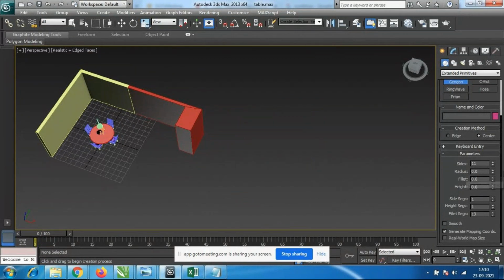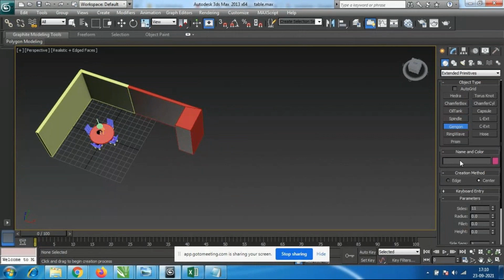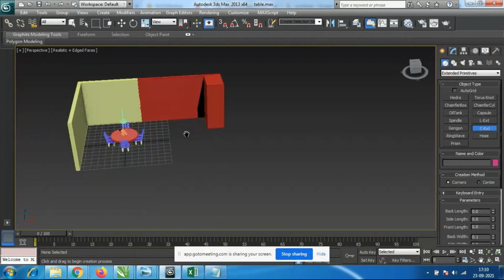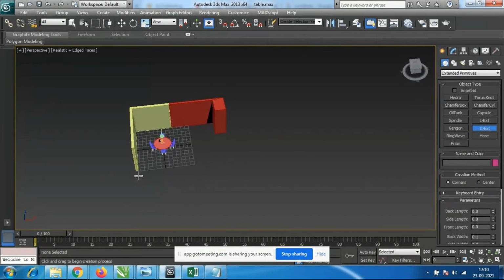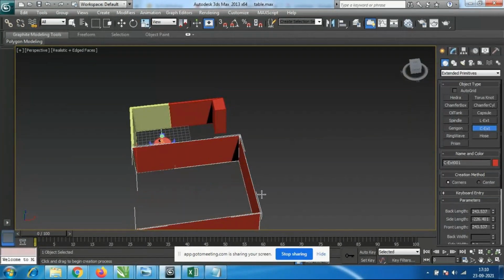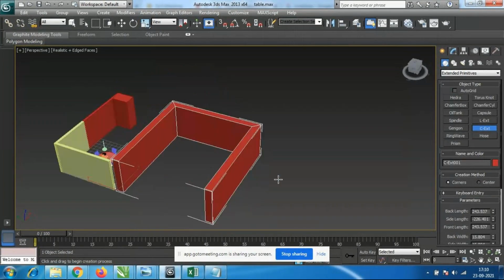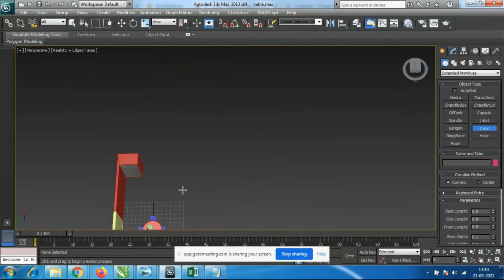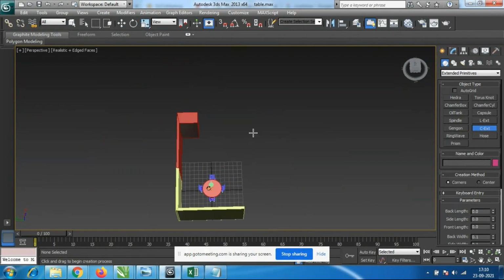Next what we'll do, we'll go to this option. L extension is over. Next we'll go for the C extension. Before, it was coming like an L shape like this, now it will come like a C shape. C shape in the sense, it will come like this shape. Yeah, so the complete house it will come as it is. So we already have this design here, so we have to match with this shape only.